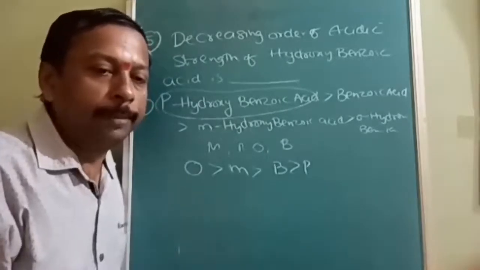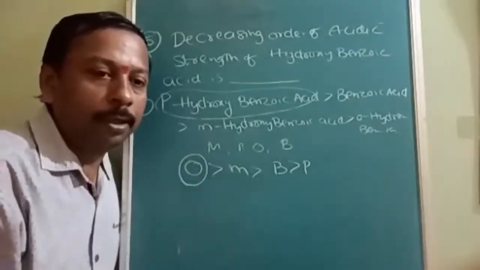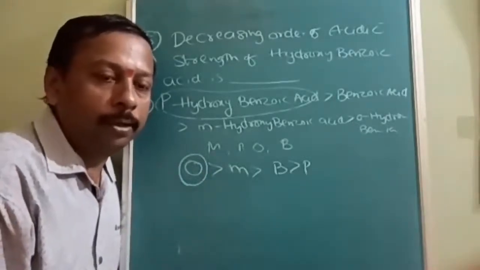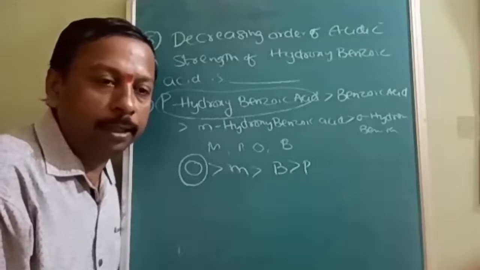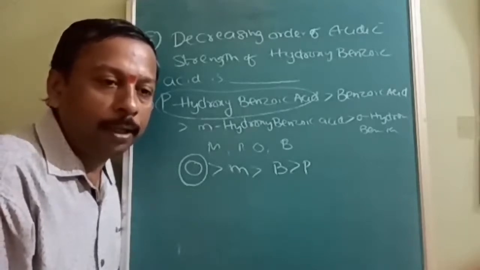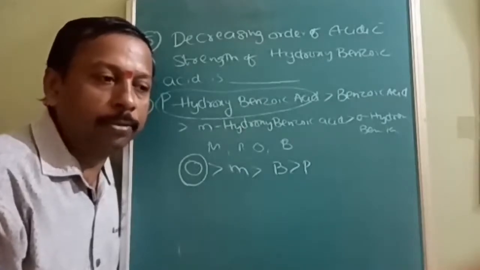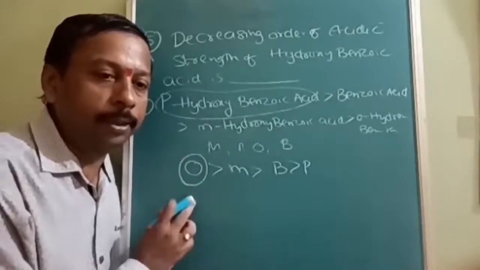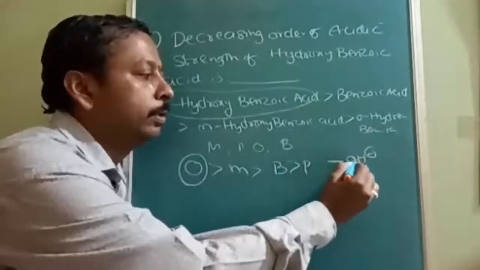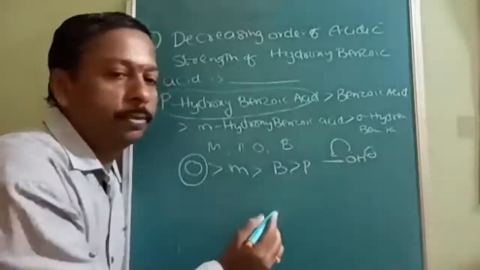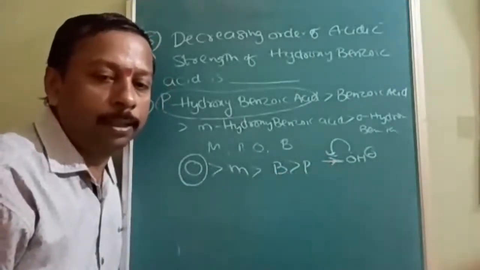Very simple question. Due to the ortho effect, orthohydroxybenzoic acid, if any group, irrespective of its nature, activating, deactivating, donating, or withdrawing, an ortho substituted benzoic acid is going to be the stronger acid. Then actually the OH group has 2 different properties: electron releasing nature through resonance, and electron withdrawing nature through the inductive effect. But what is the problem?